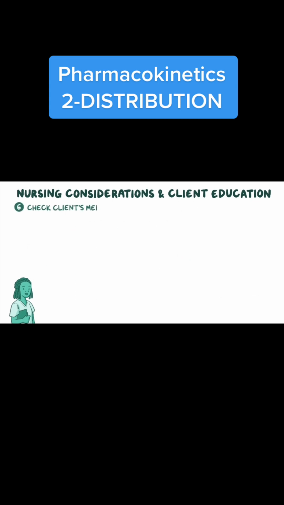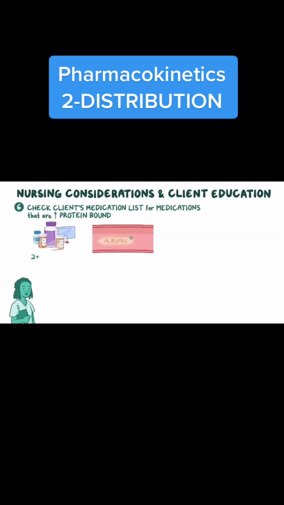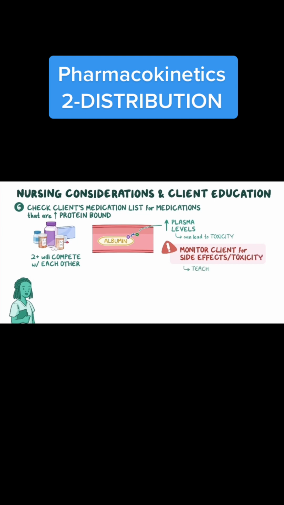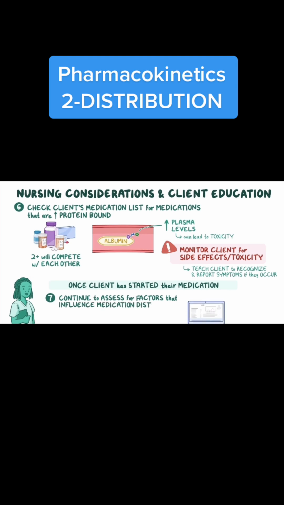Also, check your client's medication list for medications that are highly protein-bound. 2 or more highly protein-bound medications can compete with each other to bind to proteins in the bloodstream, potentially increasing plasma levels, which can lead to toxicity. Be sure to closely monitor your client for side effects or even toxicity, and teach your client how to recognize and report these symptoms if they occur. Finally, once your client has started their medication, continue to assess for factors that influence medication distribution, and use this information to monitor for side effects, signs and symptoms of toxicity, and to evaluate the desired therapeutic response to their